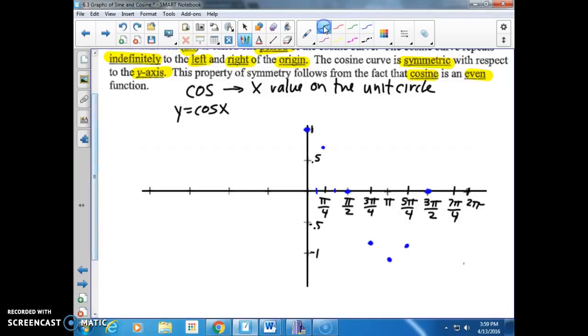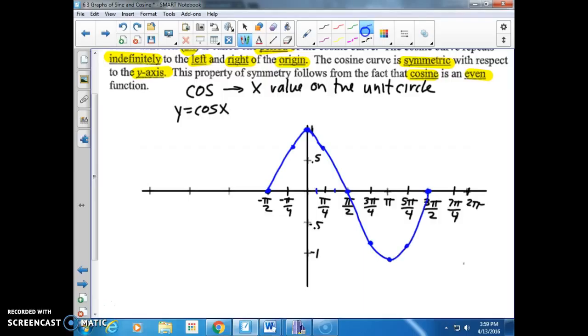So if I go to the left, I know I'm going to finish that out in a second, but if I go negative pi over 4 here, I actually end up at the 0.7. So we end up there, and then negative pi over 2 actually puts me at 0. Okay, so you can kind of see that it's going to look like this. Not a very pretty drawing, but